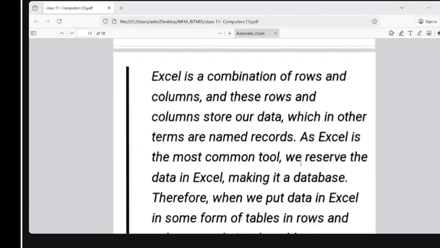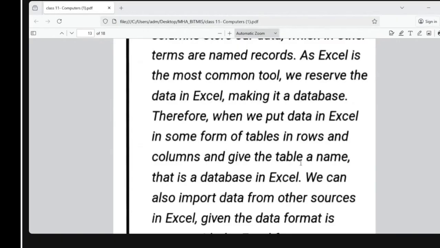So that is why PPTs are very important. Therefore, we can put any data in some form of tables, and business marketing and business need that. That is the database in Excel. जब आप कोई marketing कर रहे होते हो, Excel में rows और columns होते हैं, and give the table भी वही है यहाँ पर. We have to invite.